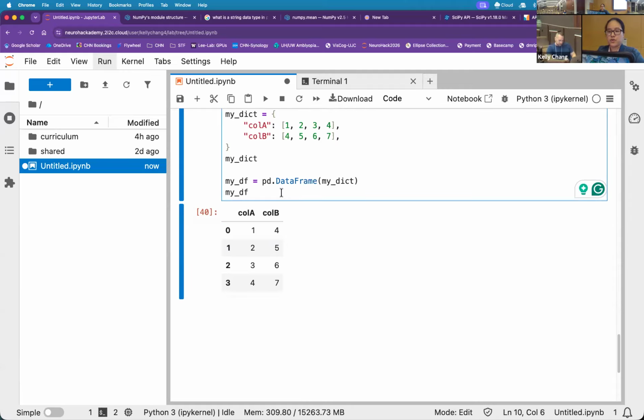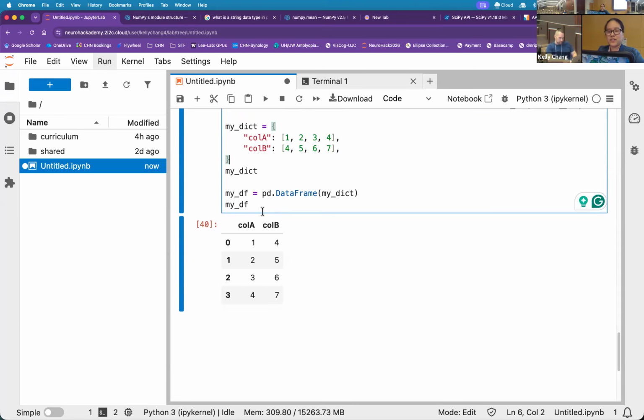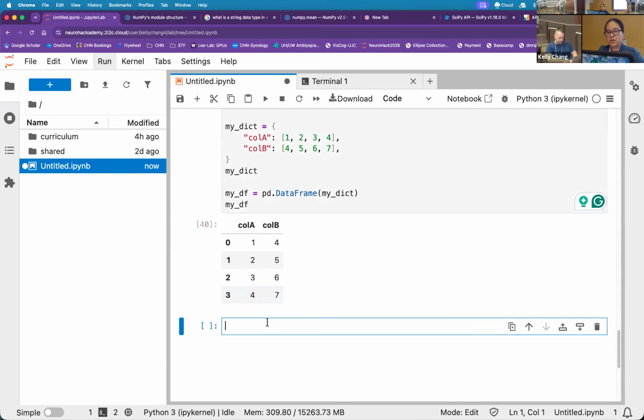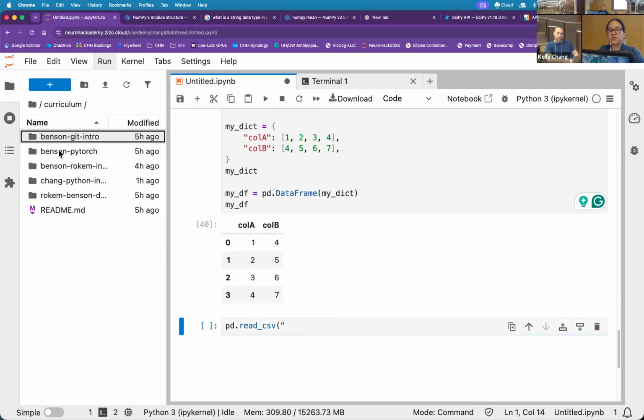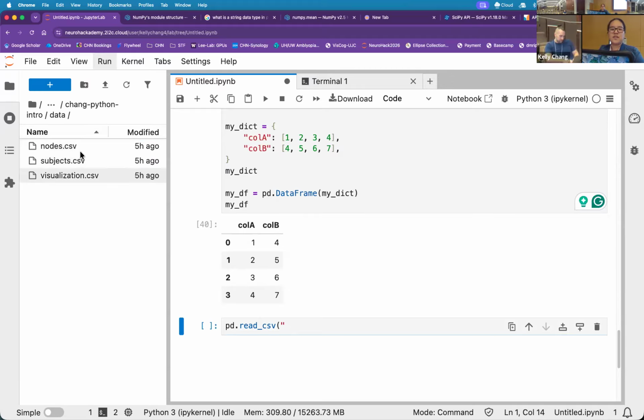Okay, so you don't want to make dictionaries like this. This will be laborious and very difficult. And I also don't like it because I don't want to type that much. Let me go down here. We have a much more useful pandas read underscore CSV. If you are where I am, in this current folder, in curriculum under Chang Python intro, there's a little data folder. There are some CSV files in here for you to have and to hold and to play with.